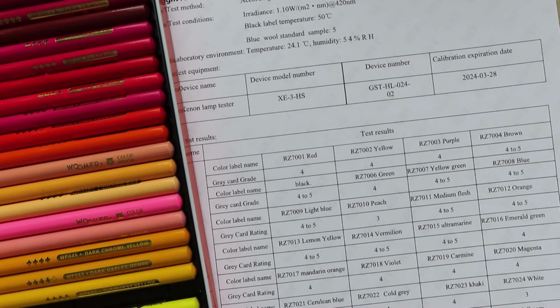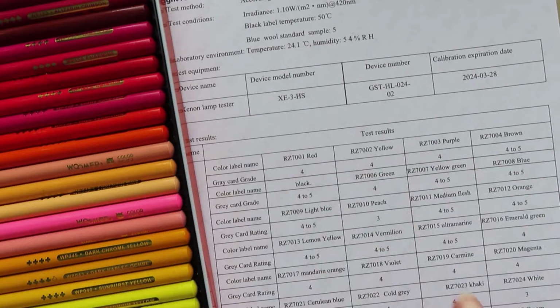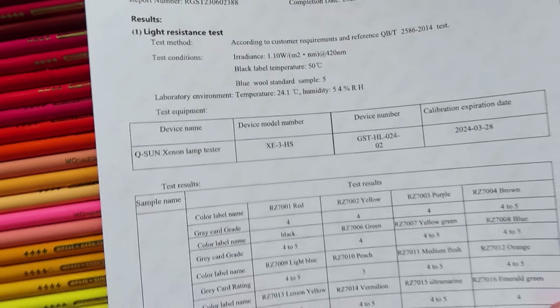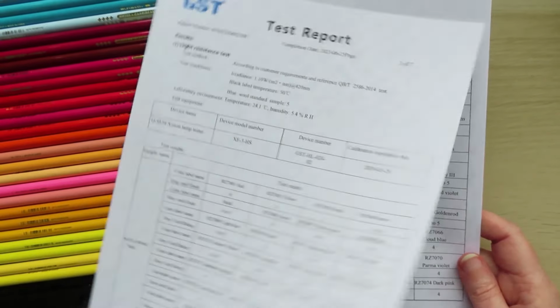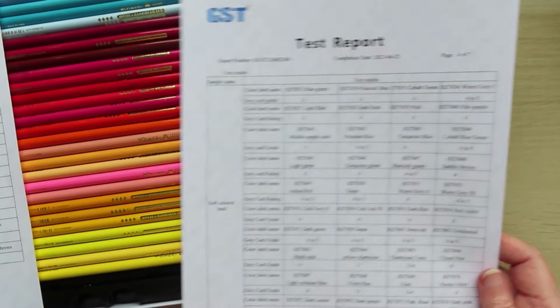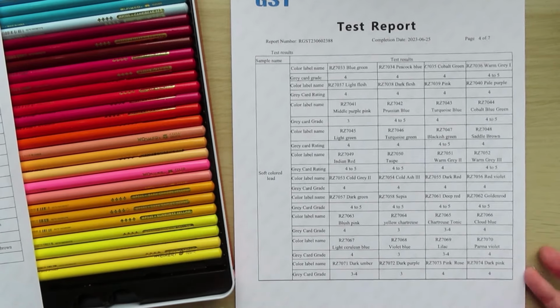Well, the colour names don't seem to match, which is a bit of a worry. It's just yellow. It feels like this set of pencils that were sent off for being tested were not necessarily this set of pencils. Unless they just sent off a test set and then they got renamed for this. I mean,